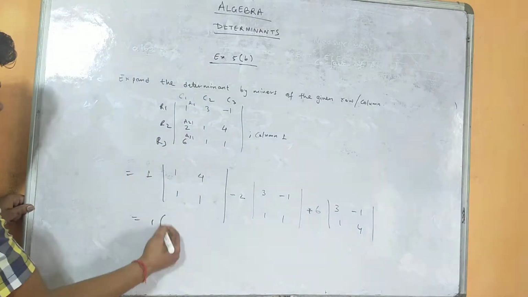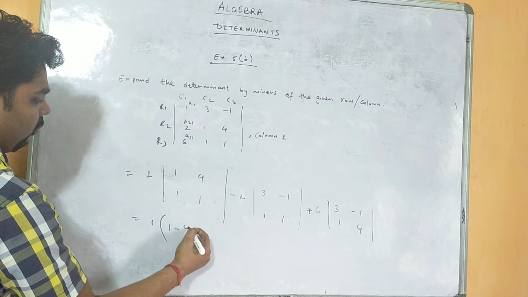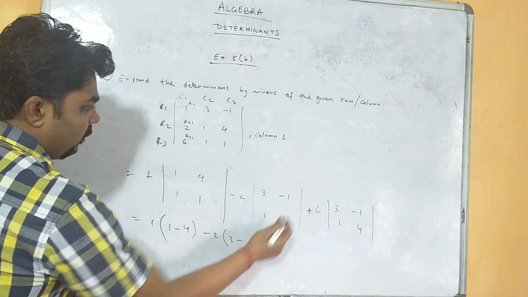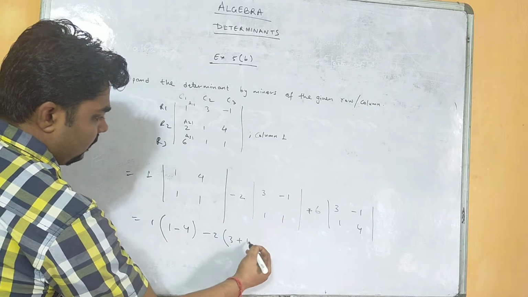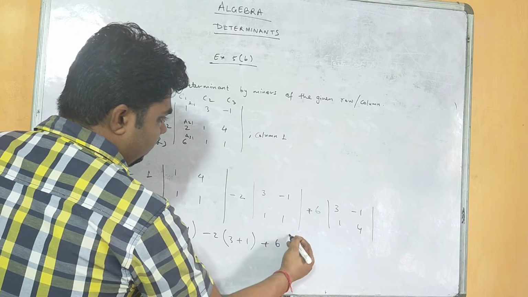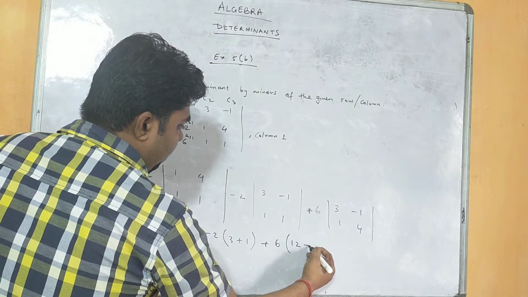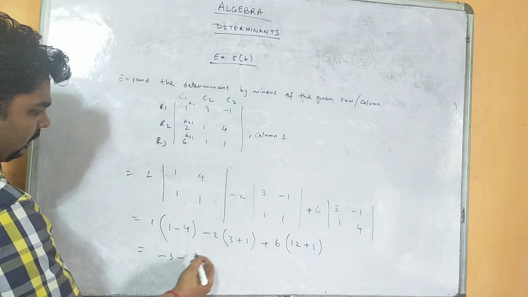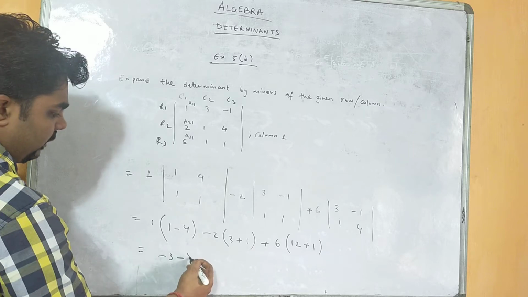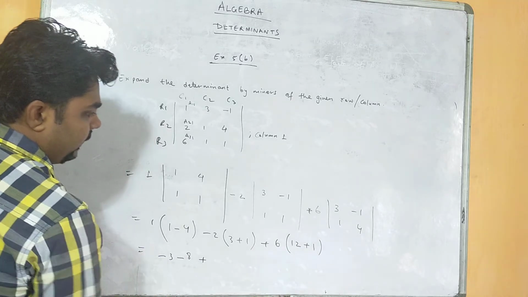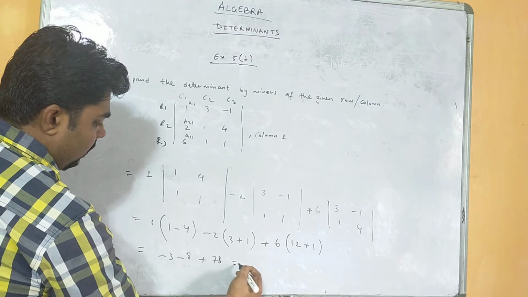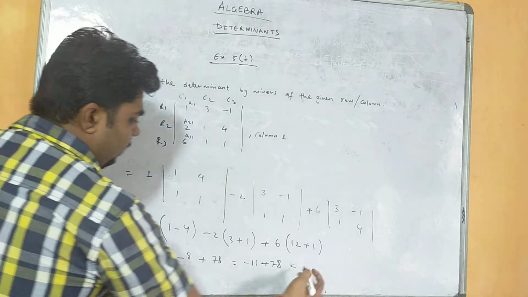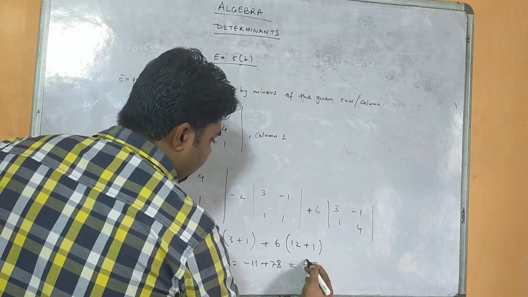Now we will solve this one. 1 into 1, 1 into 4 is 4, minus 2, 1 into 3 is 3, by formula minus 1 into minus 1 is minus minus, plus. Similarly 6, 4 3 is 12, minus minus 1, minus minus plus. So here you will get minus 3, 3 plus 1 is 4, 4 2s are 8, that is minus 8, plus 13, 13 into 6 is 78. So here you will get minus 11 plus 78. After subtraction 8 minus 1 is 7, 7 minus 1 is 6. So 67 is the answer.